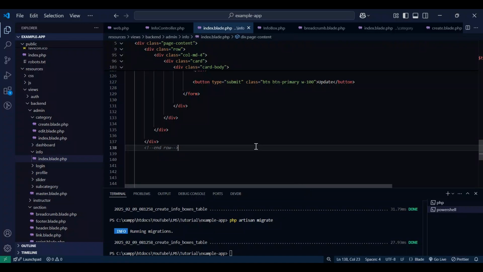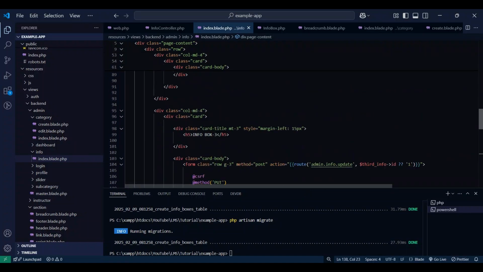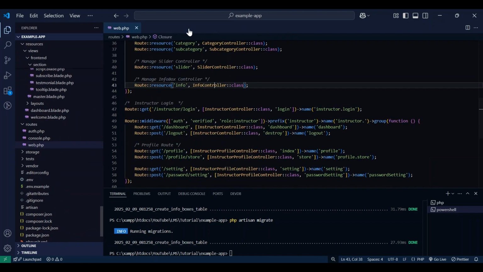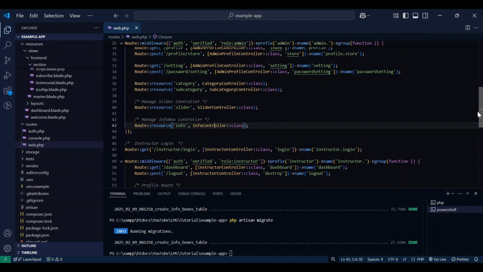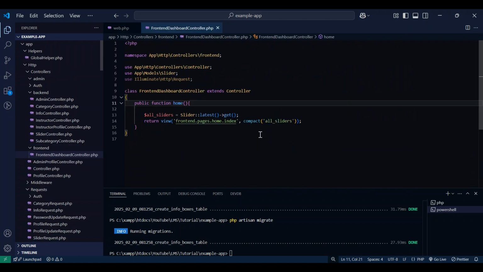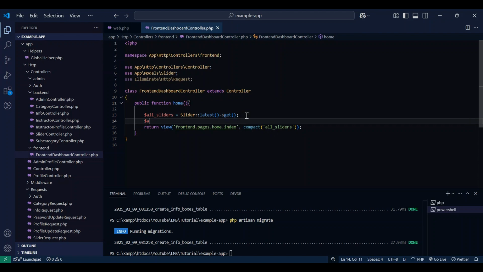Hi there. In this section, I will show how to show our info box in the front end. First I remove all of this file and go to the browser. Here this is our front end route, and so go to the home, and here we just add